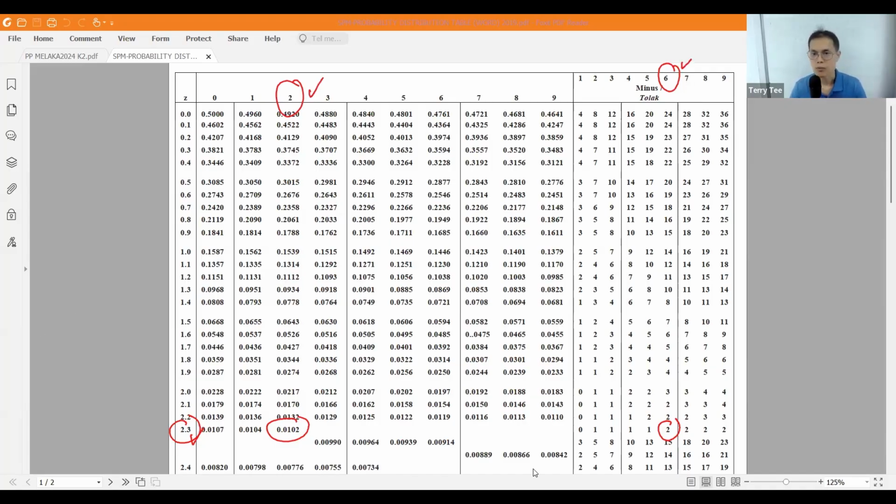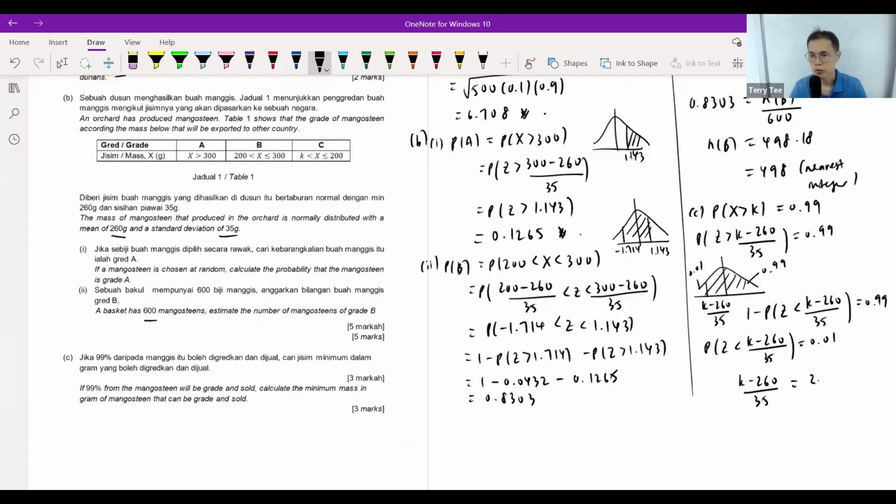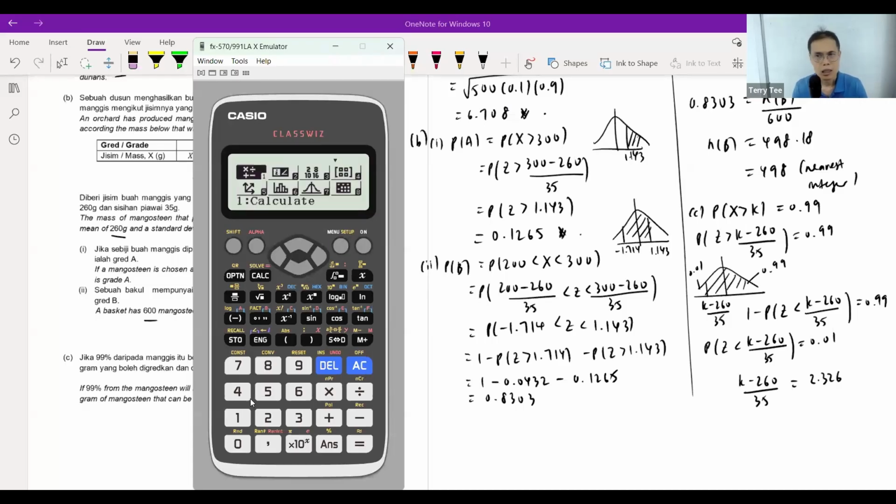Okay, go back to this one, 2.326. Now, I can use my calculator to verify. This calculator is really good. You can do this. Other calculator cannot. Menu 7. Go to number 3 for inverse normal. Your area is 0.01. Your standard deviation is 1, mean is 0,